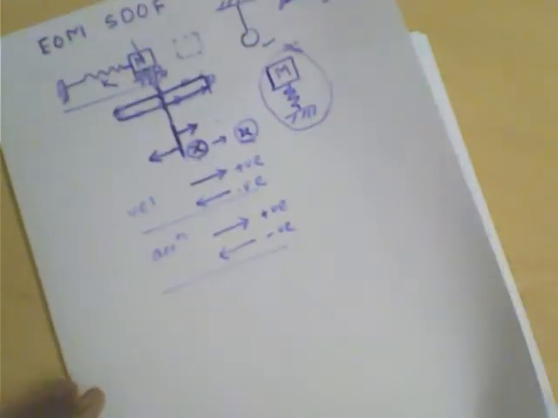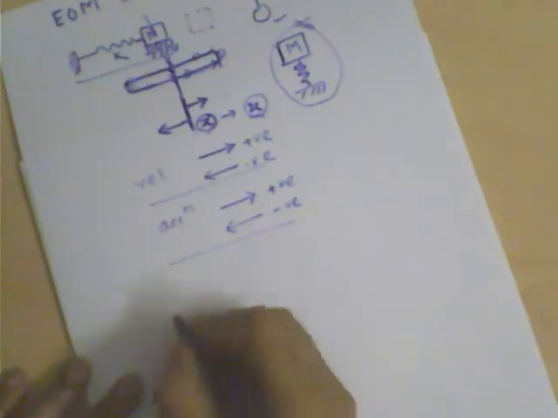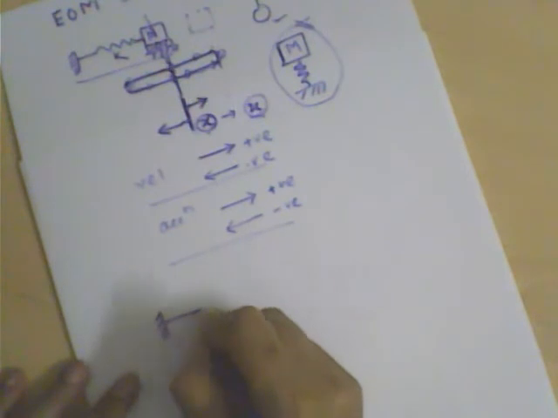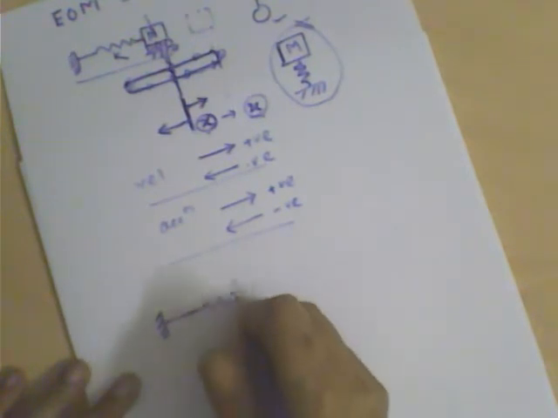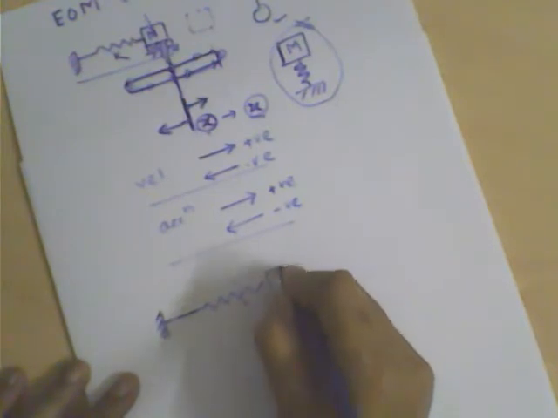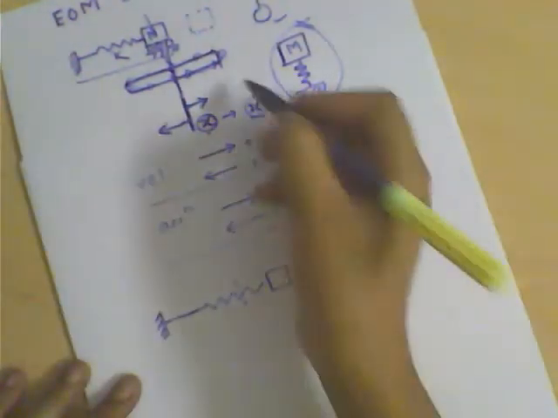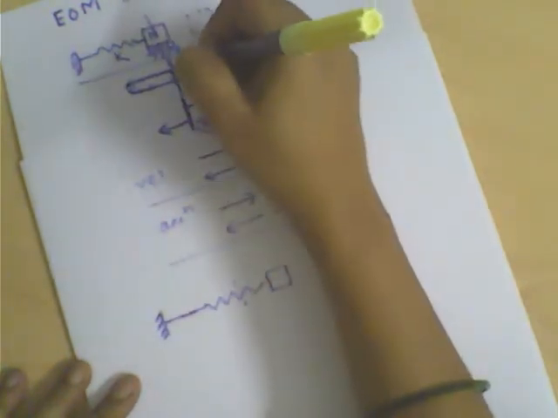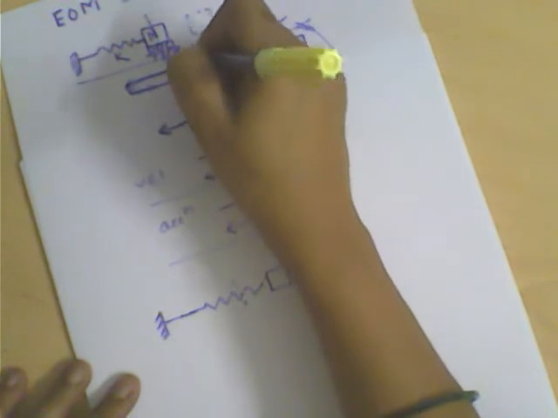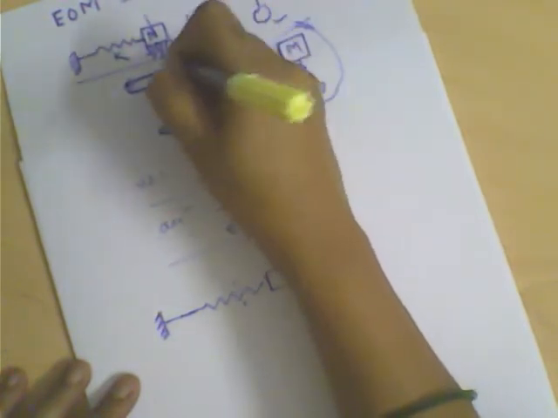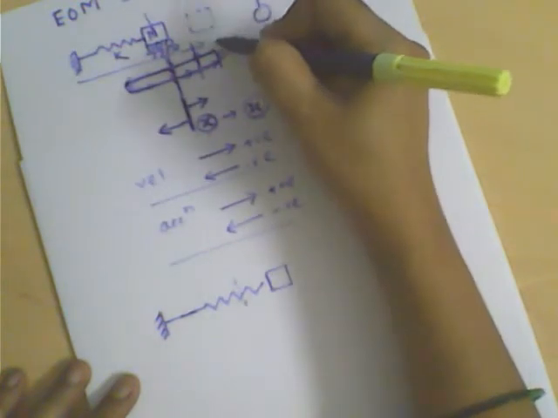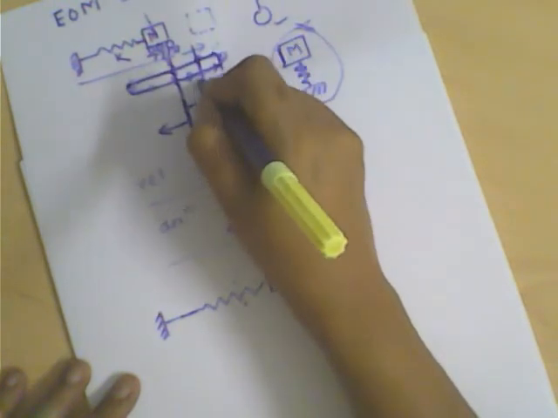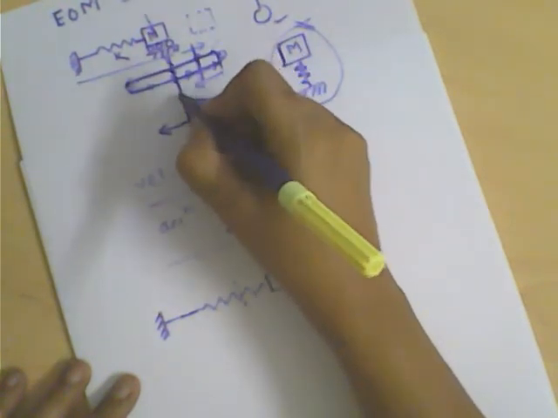In order to derive that, let me first of all draw the system once again. Okay, so this is the system. This was the mean position, and let me draw the mass block in the deformed position. So in this oscillatory motion, let's say that the mass is somewhere over here at that instance. It can occupy this position while going from the mean position towards this extremity, or it can be at this position while returning back from that extremity and coming back to the mean position.